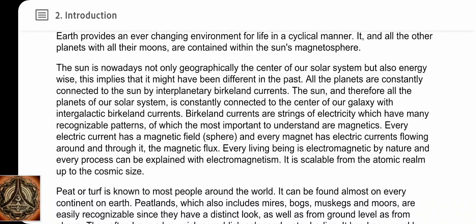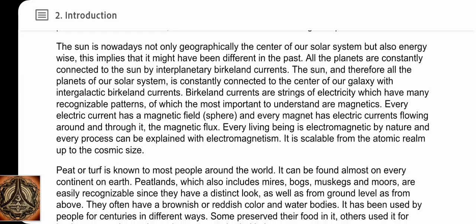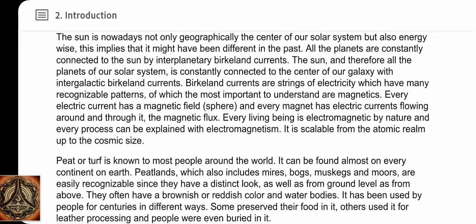The Sun is nowadays not only geographically the center of our solar system, but also energy-wise. This implies that it might have been different in the past. All the planets are constantly connected to the Sun by interplanetary Birkeland currents. The Sun, and therefore all the planets of our solar system, is constantly connected to the center of our galaxy with intergalactic Birkeland currents. Birkeland currents are strings of electricity which have many recognizable patterns, of which the most important